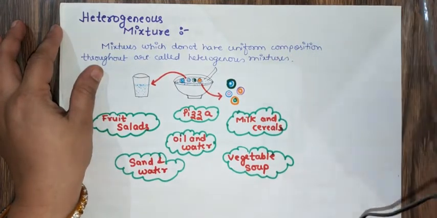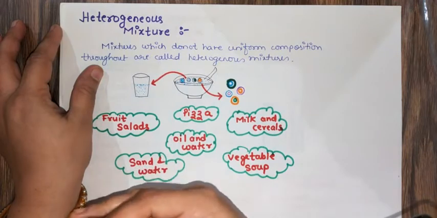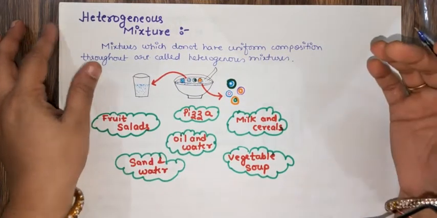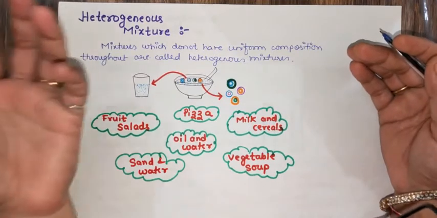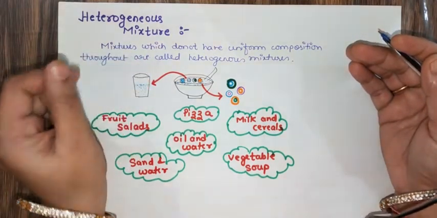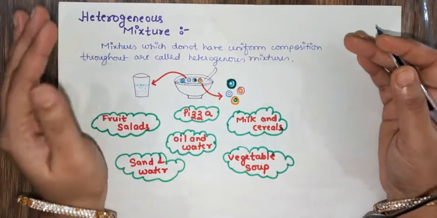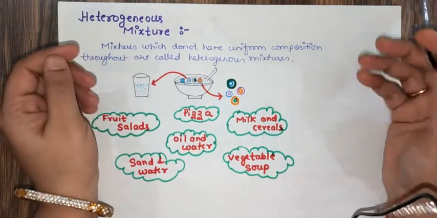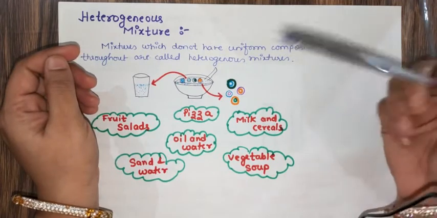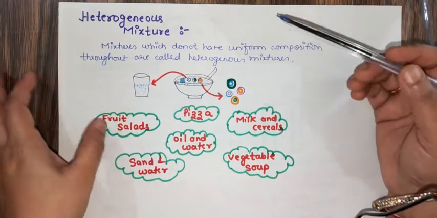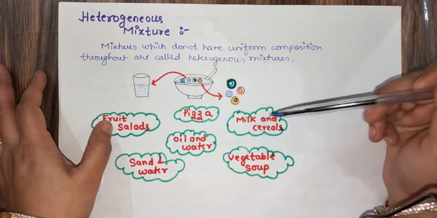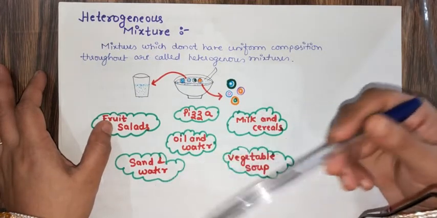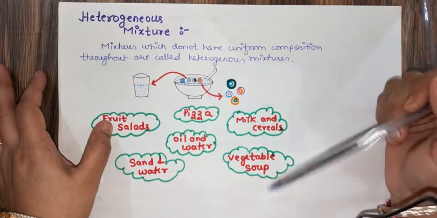Let us discuss. Heterogeneous mixtures, as we have learned, are a type of mixture which have a different composition throughout the mixture. It does not have a uniform composition. How? Let us check some examples. As you have seen, fruit salads, pizza, milk cereals, oil-water combination, sand and water, vegetable soup, all of these